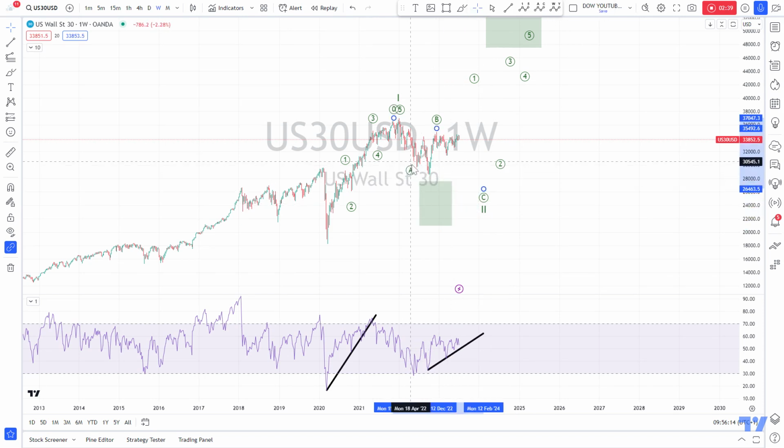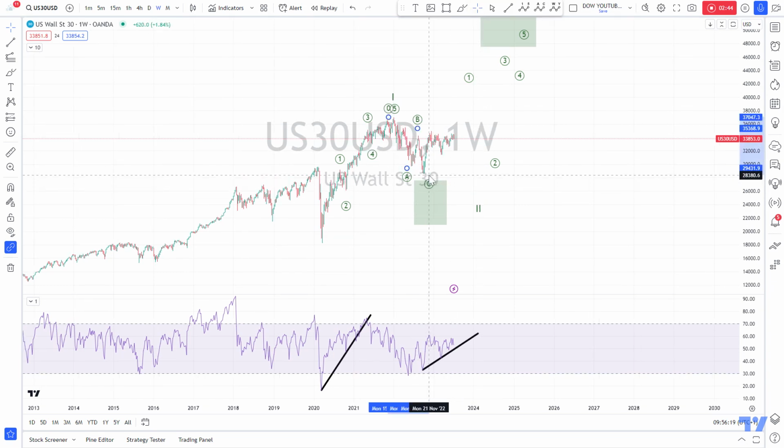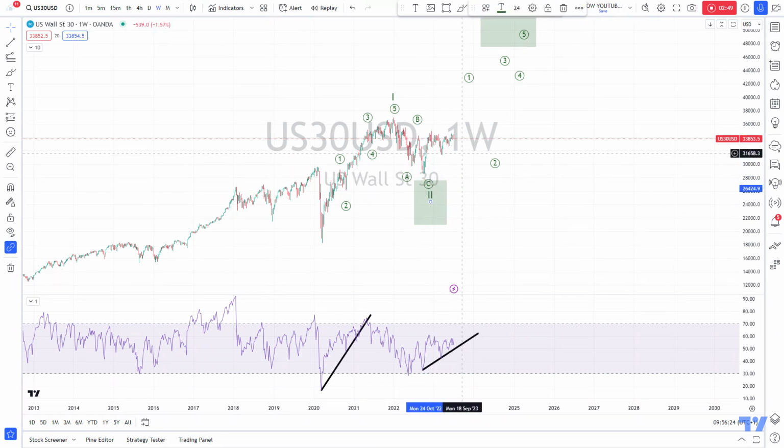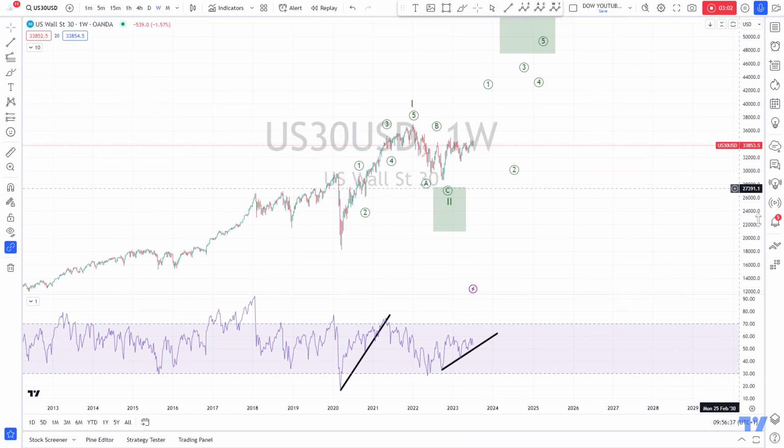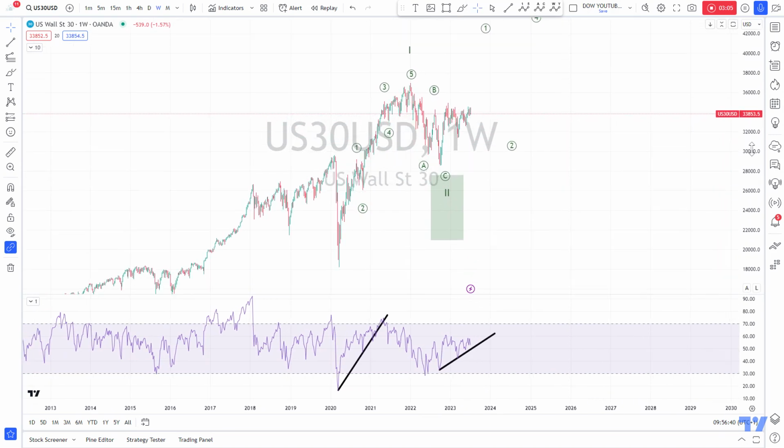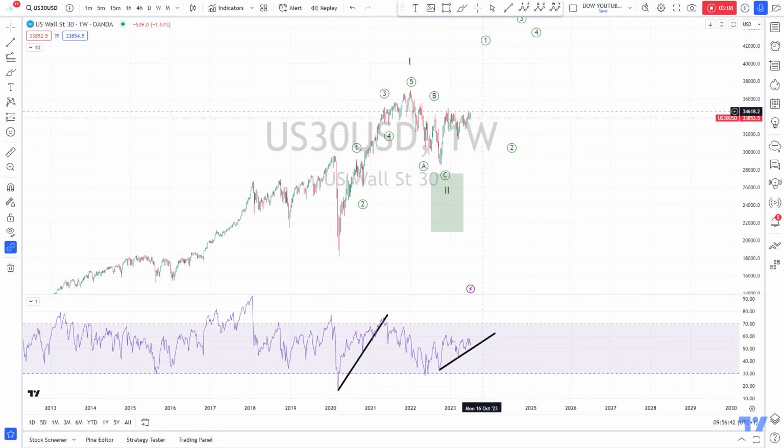But for now, I will assume that the wave 2 low was in here, simply because it looks more credible that we have further upside from here than downside, because there is already quite some separation between this low and the current price. So I believe it's better to show you this bullish scenario as my primary scenario, but please do not forget that something bearish like I just showed is still possible.